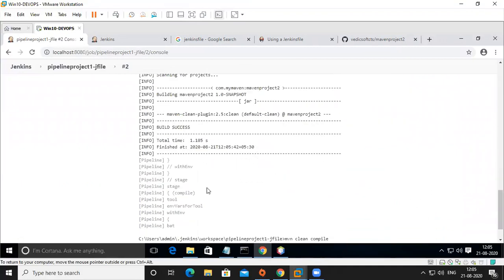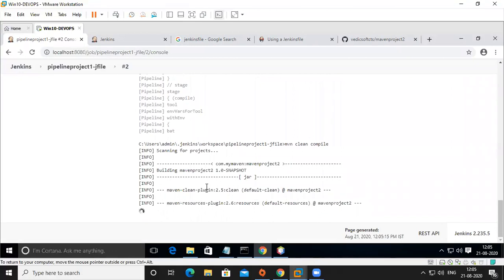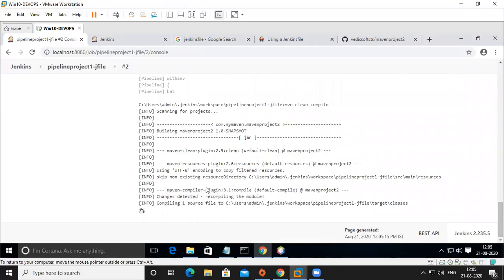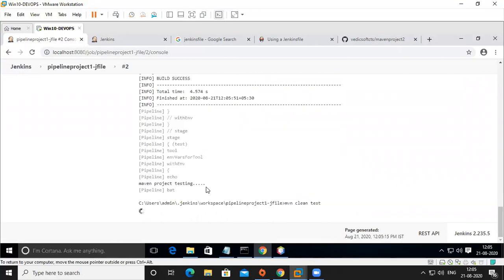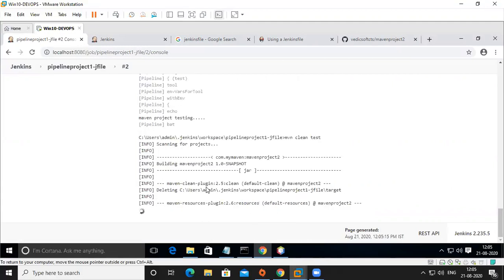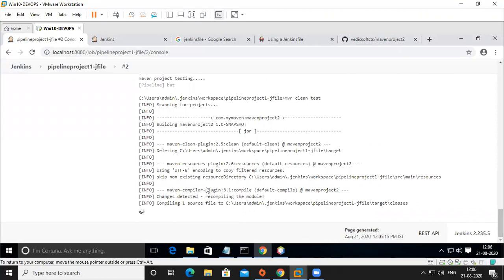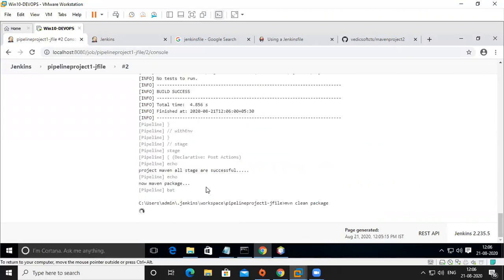Okay, first is clean. Clean is completed. Now compiling. Now testing. Now packaging.